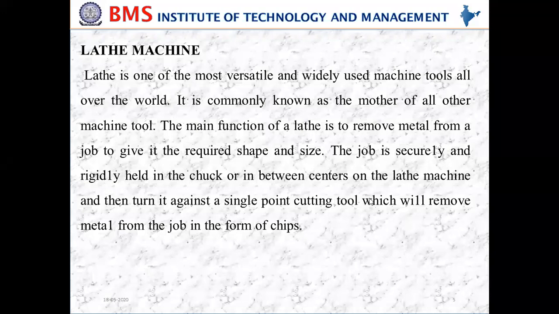Okay. So this is commonly known as the mother of all other machine tools. As I told you, the lathe is a very widely used machine tool, and we know that this is used for removing the material from the job, and the job is rotated between the two centers against a single point cutting tool. The cutting tool is called a single point cutting tool, and cutting takes place at a point. So that's why it's called a single point cutting tool,